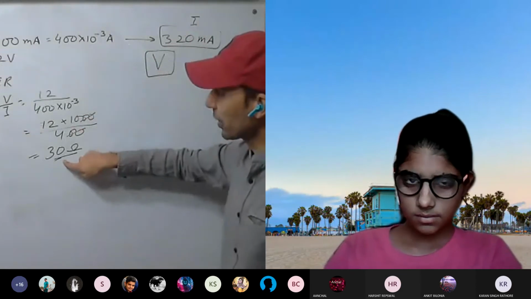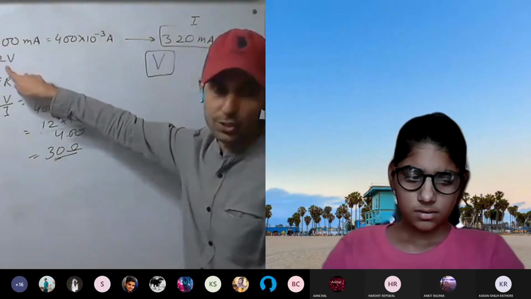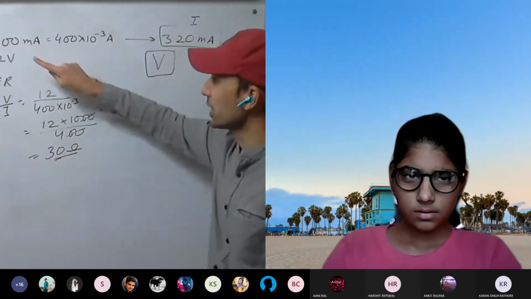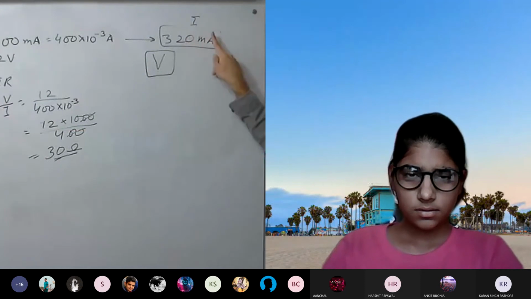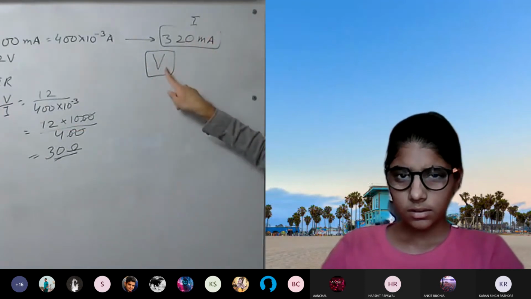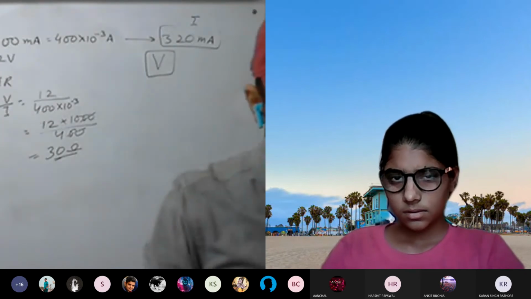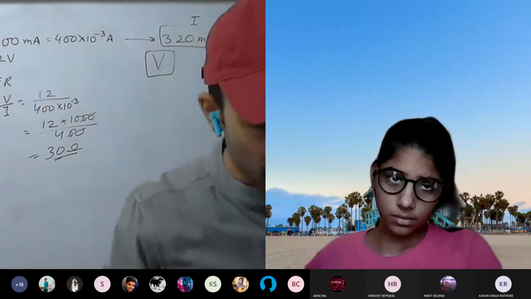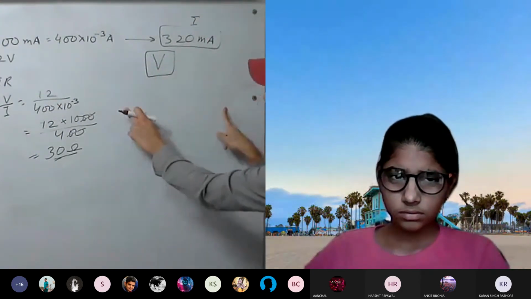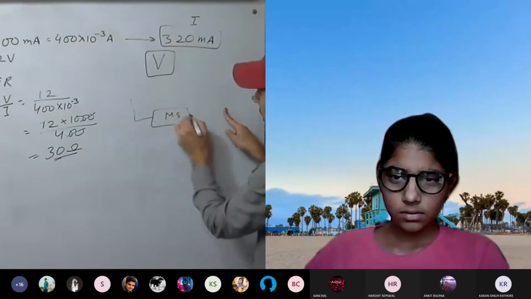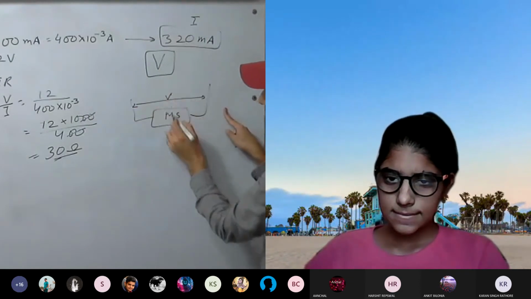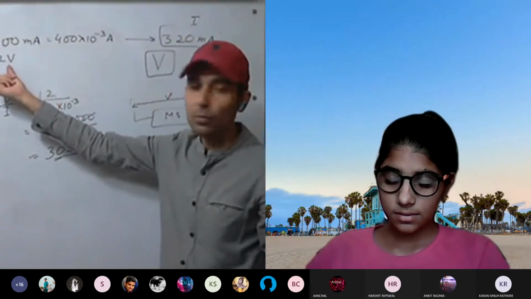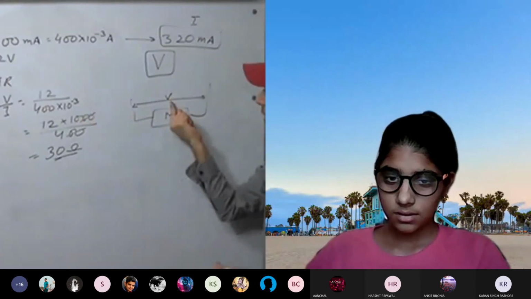You can see here, the resistance we have calculated. It means we have taken this as terminal voltage. This is the resistance of the music system, so this is our terminal voltage. Similarly here, this current is flowing. What will be available? Terminal voltage. And this we have to calculate. So at what voltage does the music system stop playing? That voltage will be available across the music system. Earlier it was 12 volt. Now with time as it was playing, this available voltage has dropped, and we have to calculate the new value.